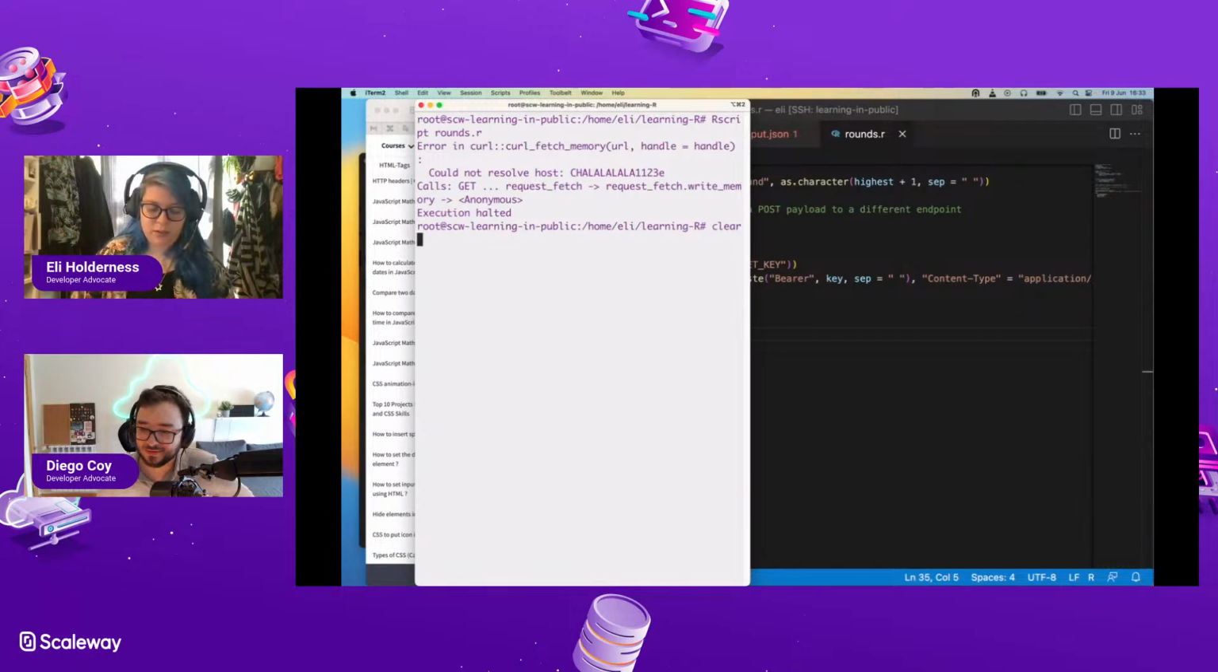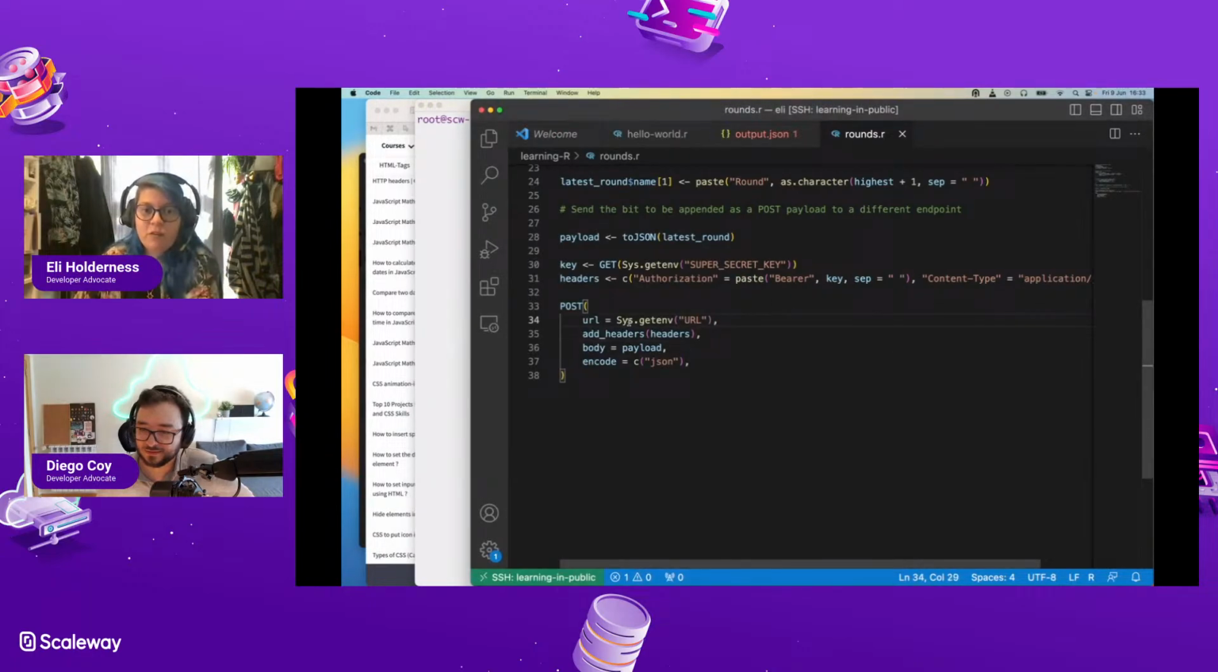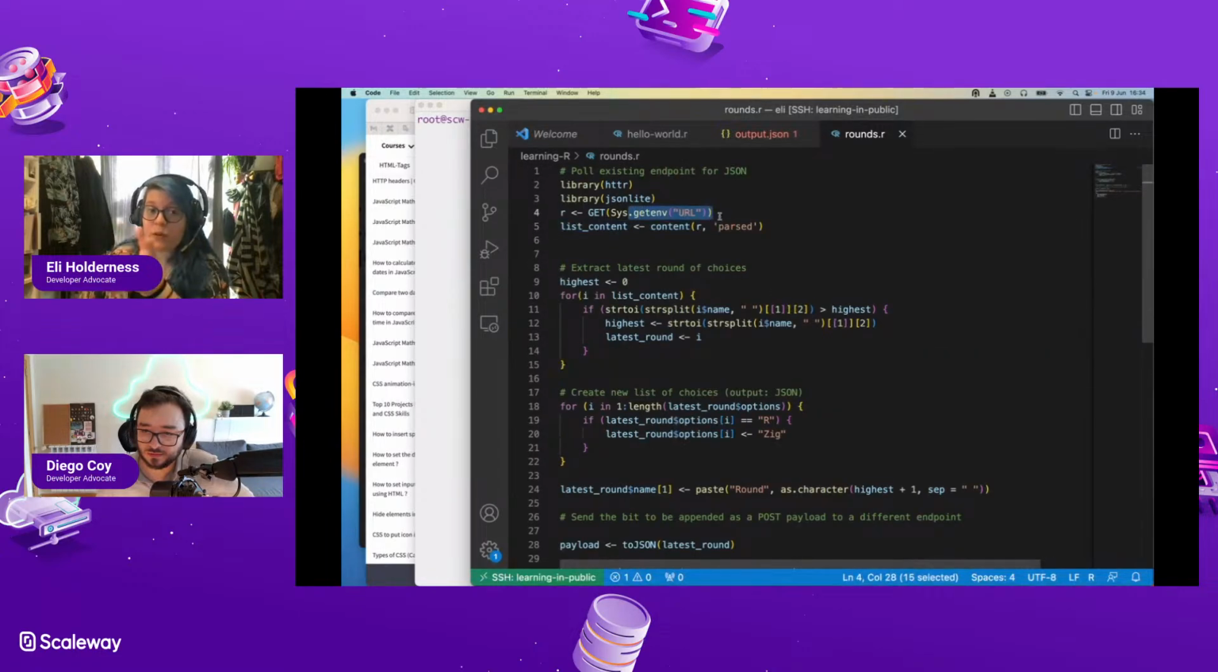Could not resolve host. Still, it's doing something wrong here. I don't know why I'm doing this and it's giving me this. Because if I echo the URL in my terminal, it's correct. And it's correct up here, because otherwise it wouldn't be able to...